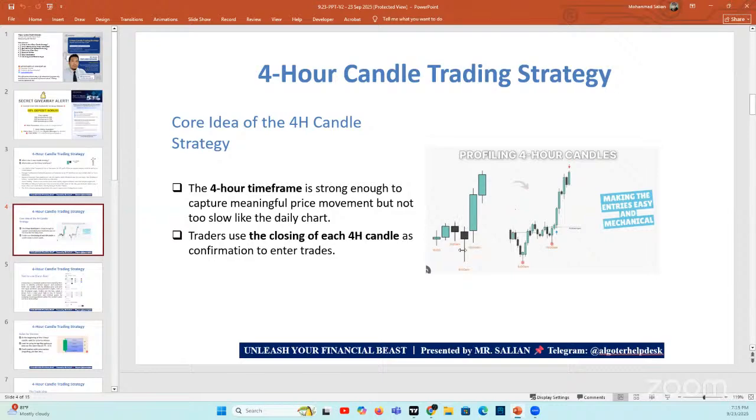For example, this is a 4 hour candle. It closes there, it closes bearish. Now you will find the opportunity to enter at this price. Now the wick is there. You will see the change of character there, and you will get your pullback. You will find your point of interest there, and you will ride this trend to the upside, if that is the case. But who knows? This could produce another red candle here, but that's another story. And I've given you all the secret sauce on how to catch this using the CRT model.